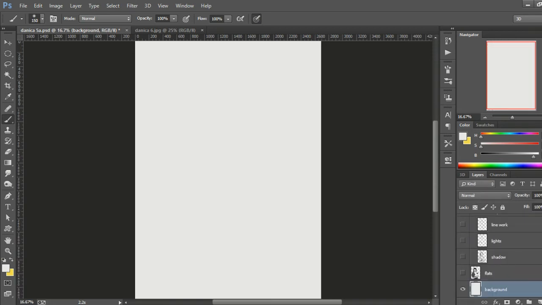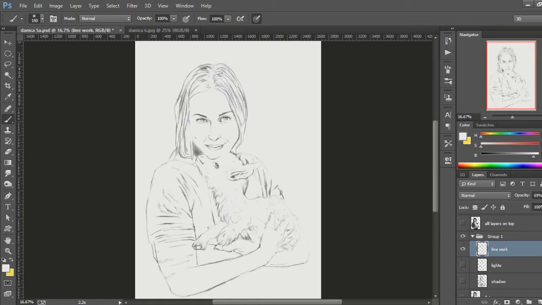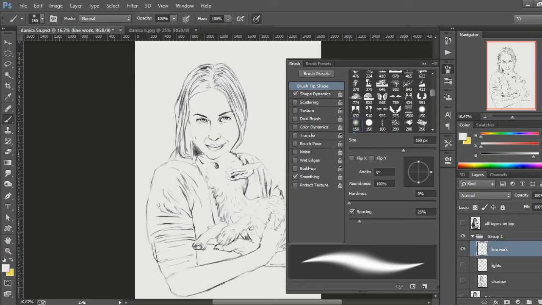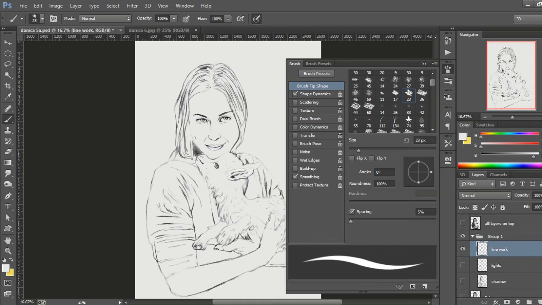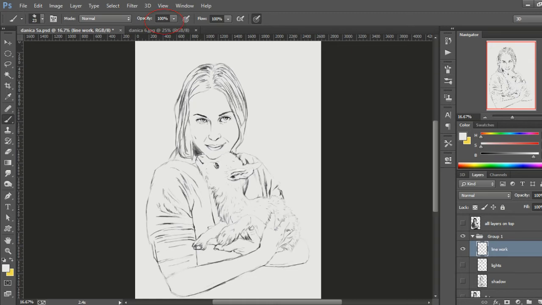Here I have ticked off all the layers that I've done painting in Photoshop while making the grayscale image. I start with the line work. That is now at some 69%, and I'll talk about it soon enough. So when I'm working in Photoshop, I like to use some kind of a chalky brush. I have a lot of them, but for the basics, I like to use chalk brush whenever I'm drawing and put it at about 80% opacity.